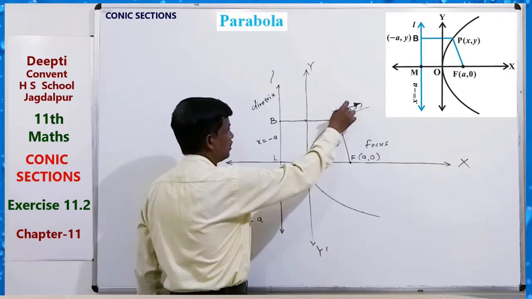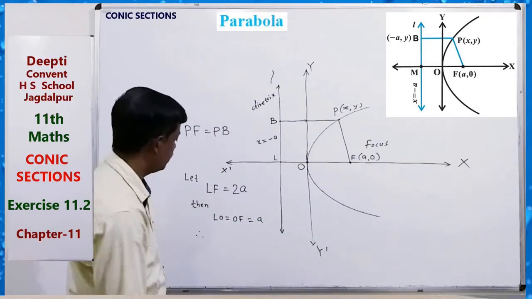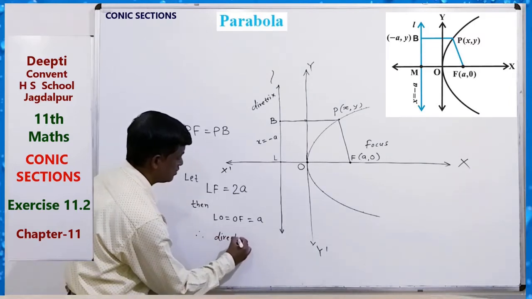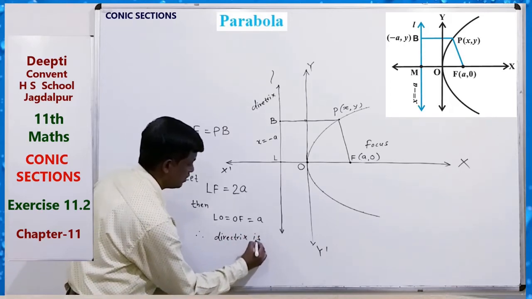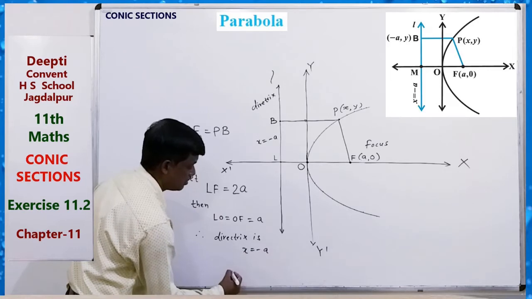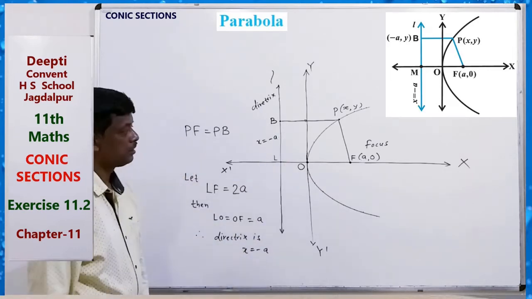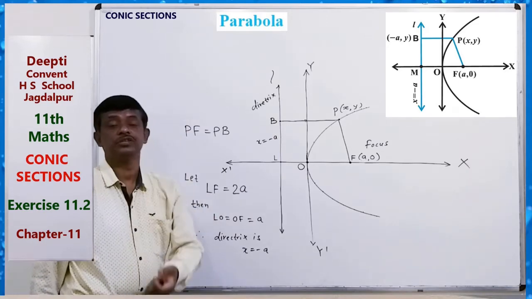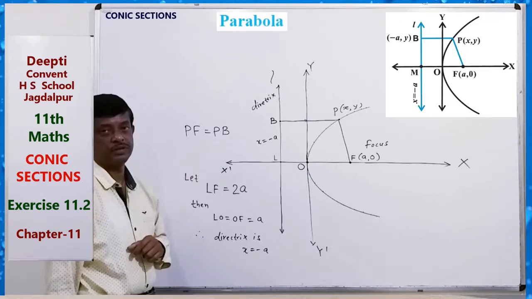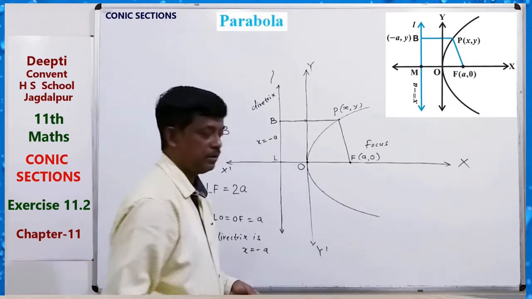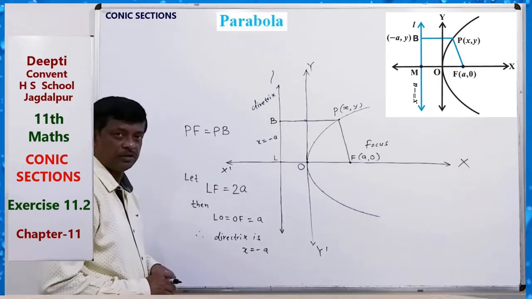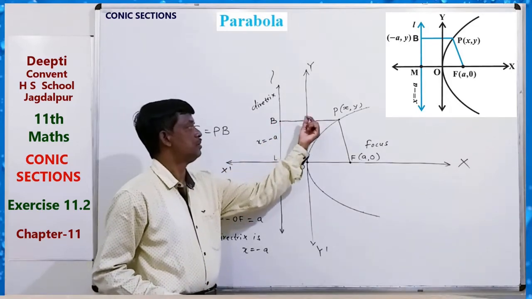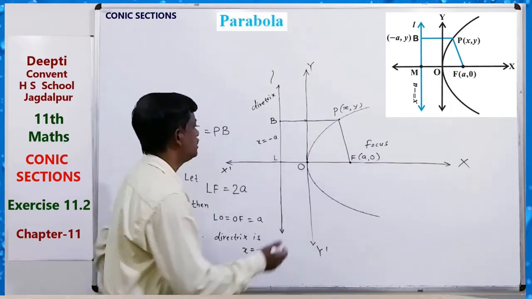Here P is an arbitrary point. Now the directrix is x equals minus A. Clear? And the focus is F(a, 0). Now according to the definition of a parabola, PF equals PB. So for the derivation of the formula, we can see that PF equals PB. What is this? The distance between P and B, and the distance between P and F, and its coordinate